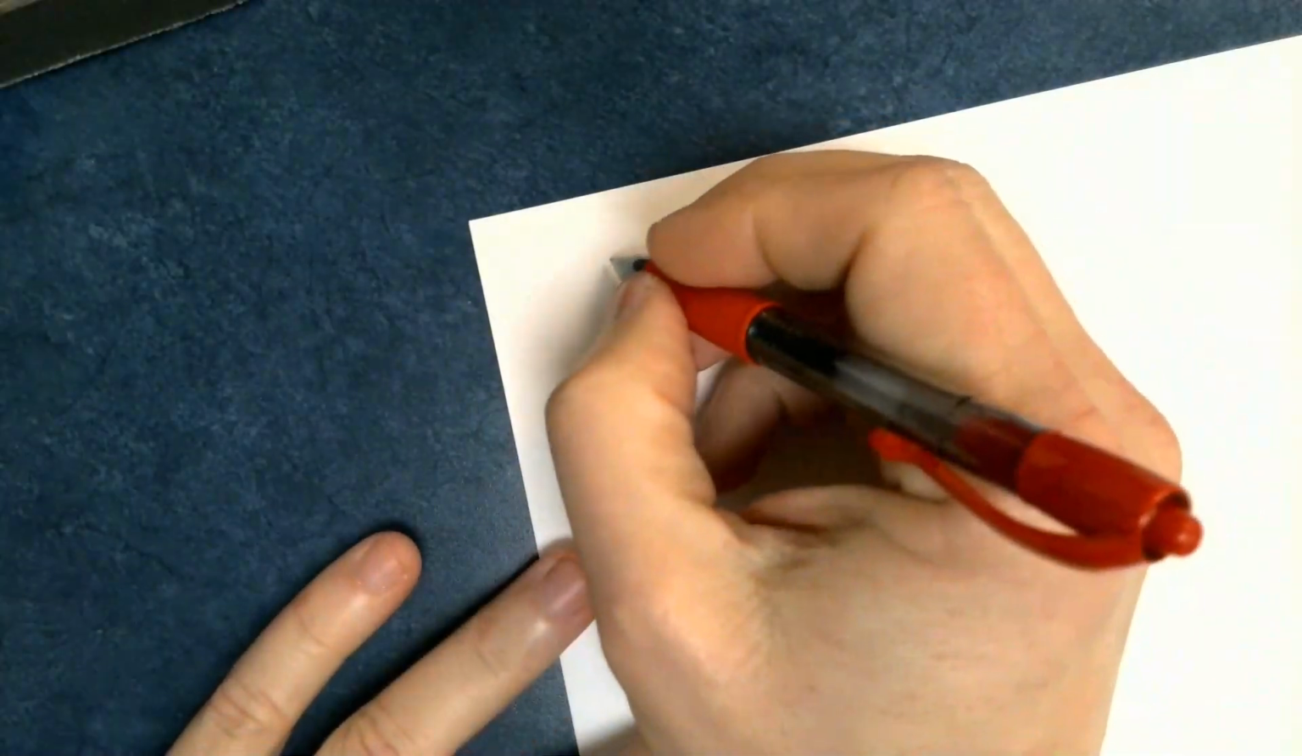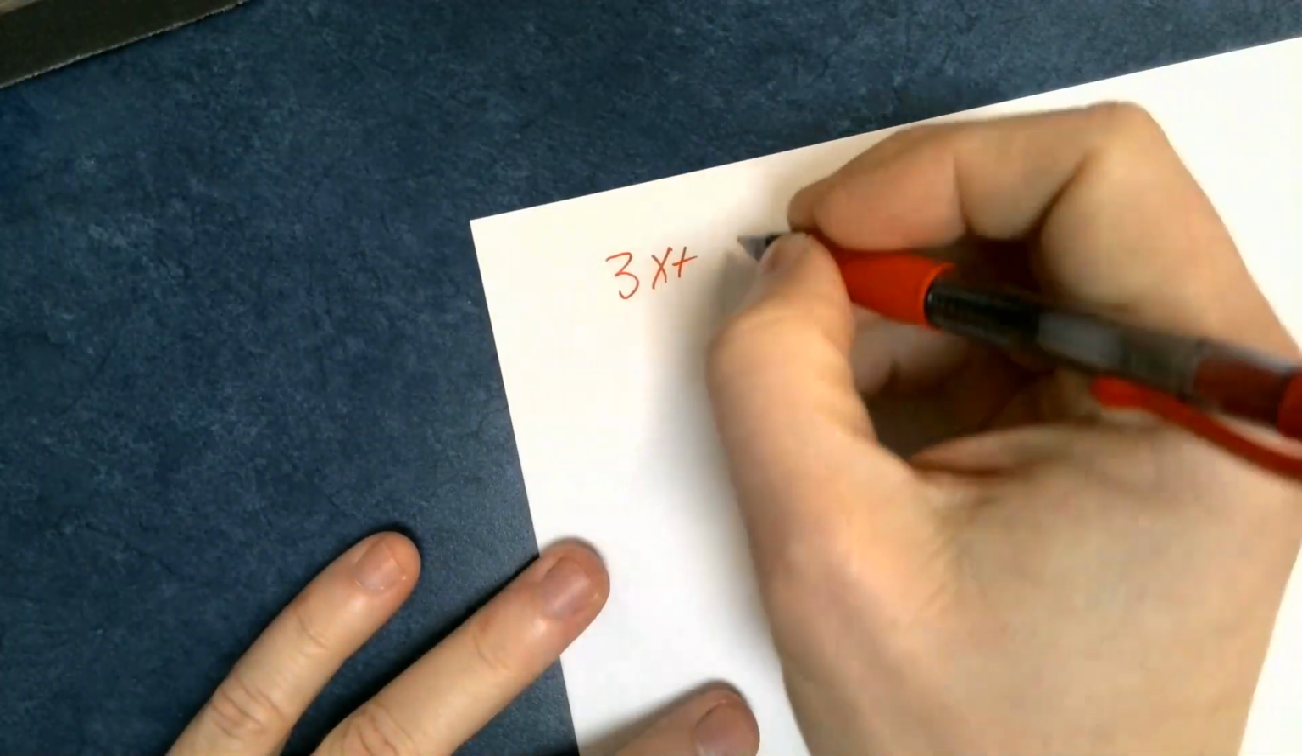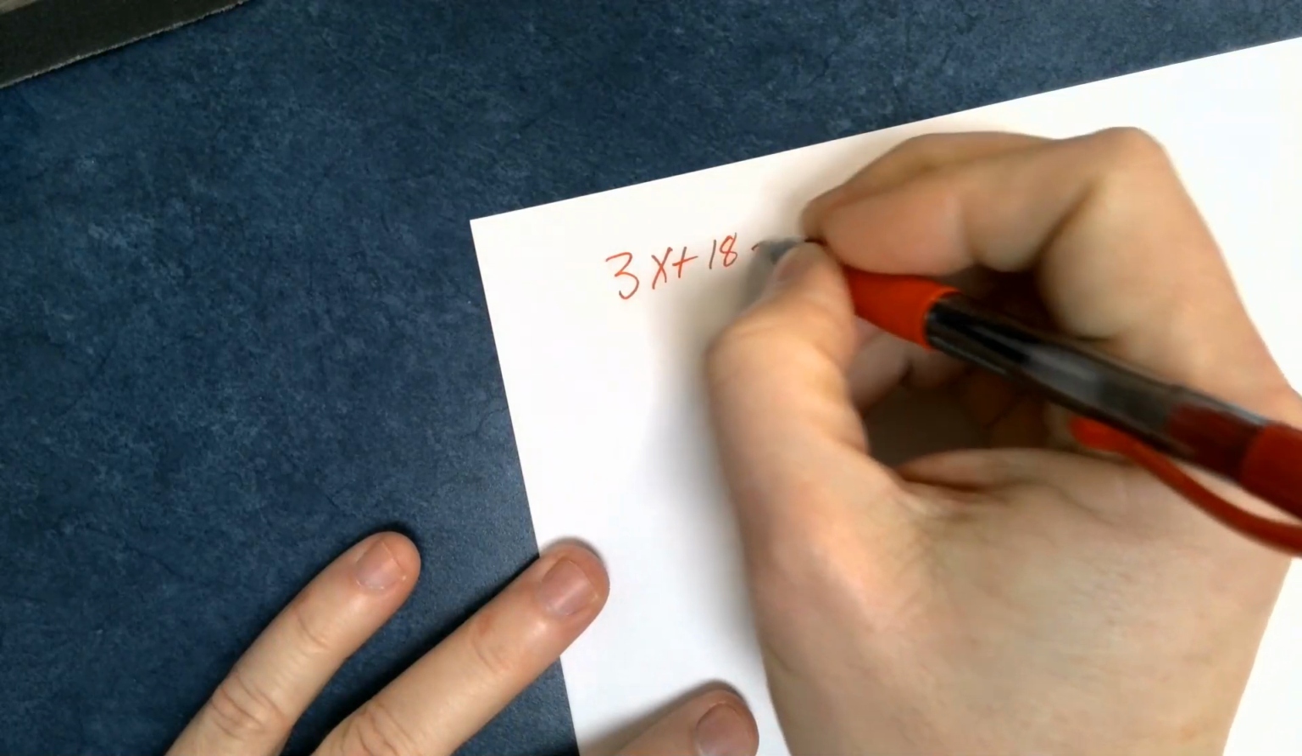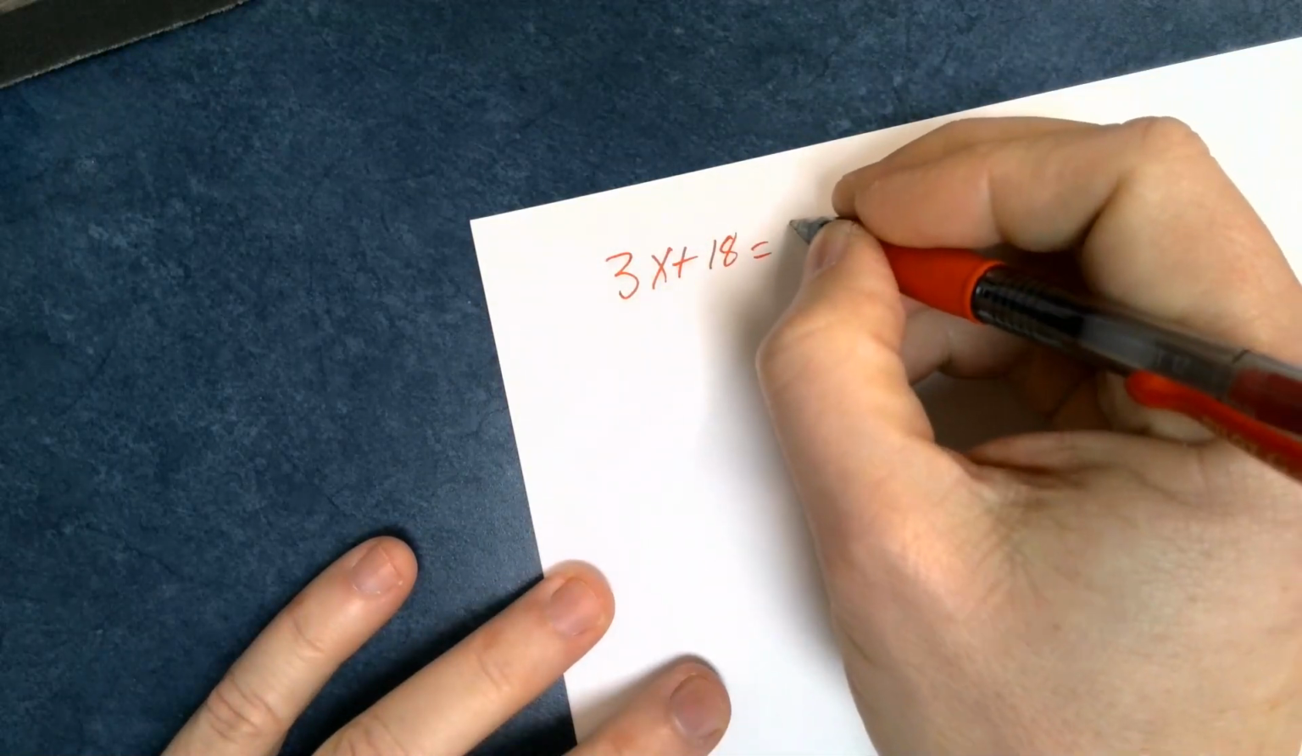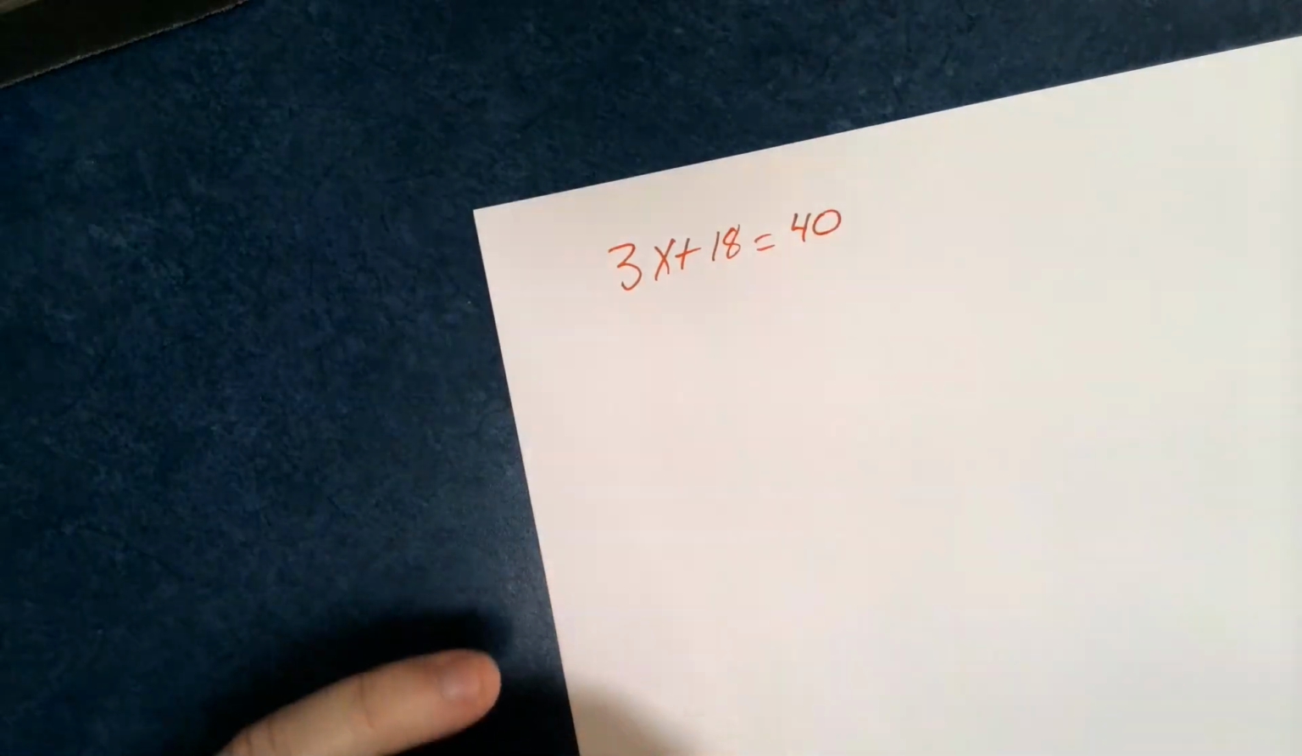The first thing that I want to talk about is just solving a basic equation. So 3x plus 18 equals, let's call this 40. So if I have something like this, then you know,